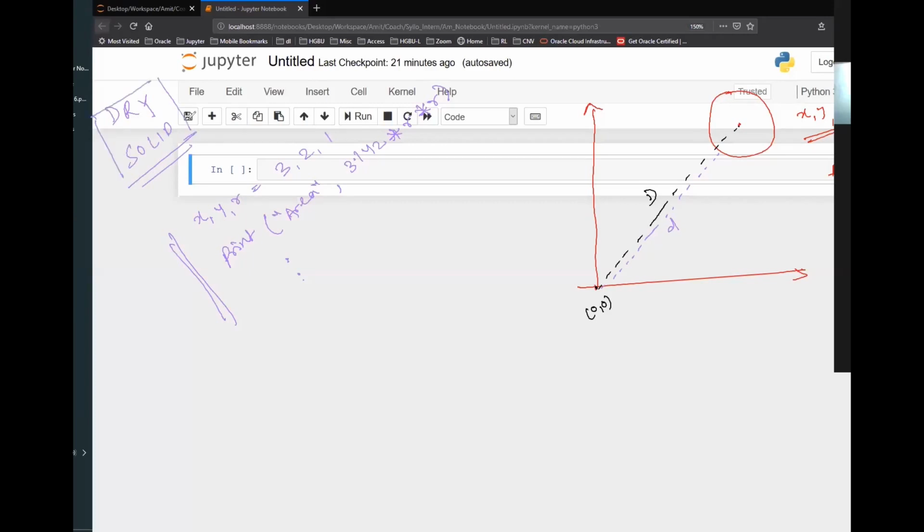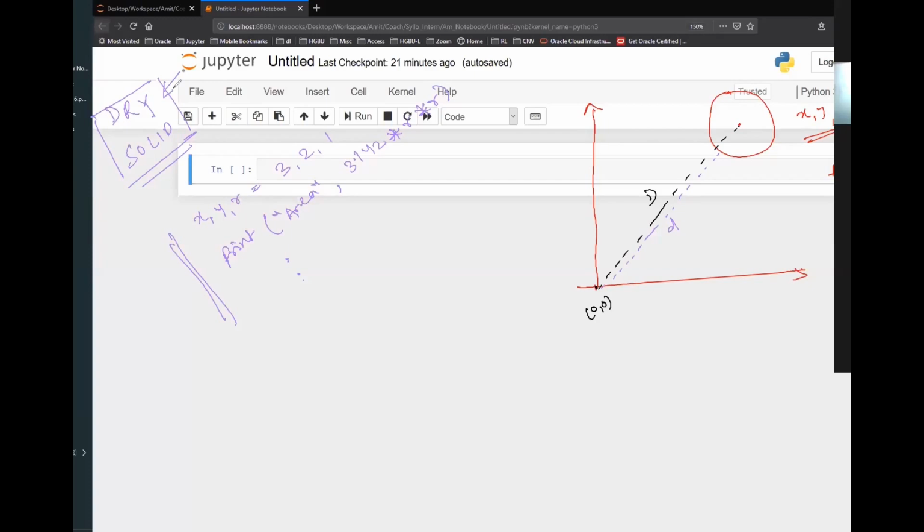You can always explore these things if you want to know more, but I will briefly discuss them so that you are able to make an analogy and relate to what I'm talking about. Okay, so DRY is do not repeat yourself. Whenever you are writing a program, once you have written a piece of code, you should not be repeating it again and again, is the idea. Okay, you should not be repeating yourself.